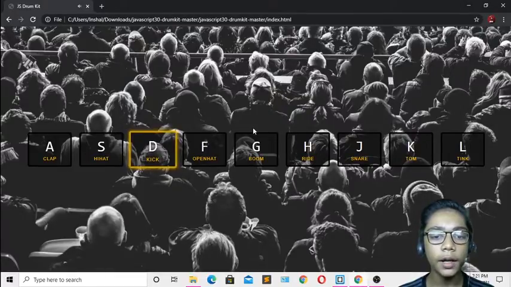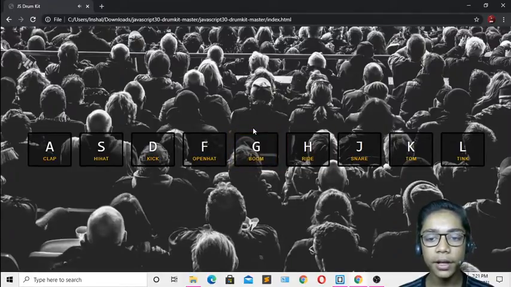It is a really large sound. And if I press F, again a sound is coming, then G, and again the sound of boom is coming. If I press H, again a sound is coming, and these sounds are very loud. If I press J, the sound of a snare is coming. And if I press K, which means tom, again the sound is coming. You can see how beautiful it looks. And now if I press L, the sound of tink is coming. This is a low sound, it has a low frequency.